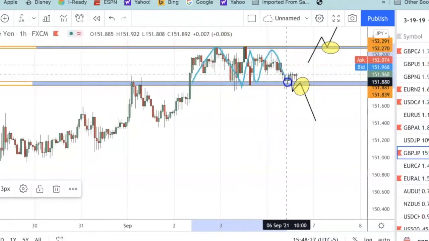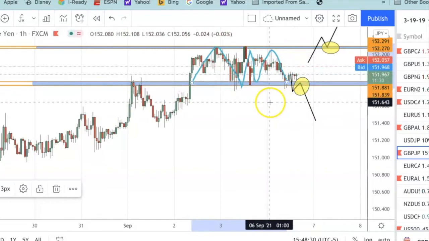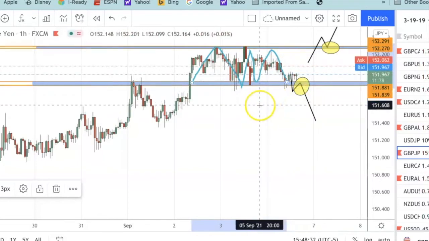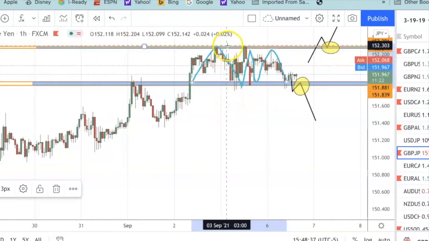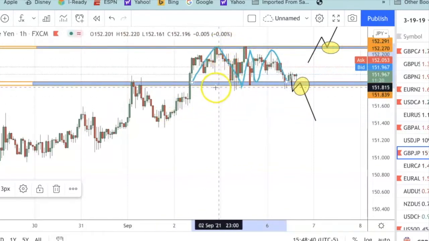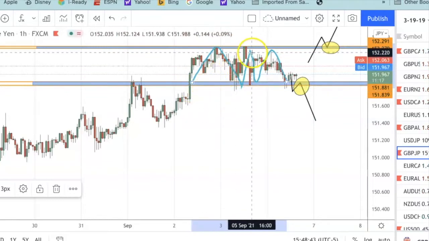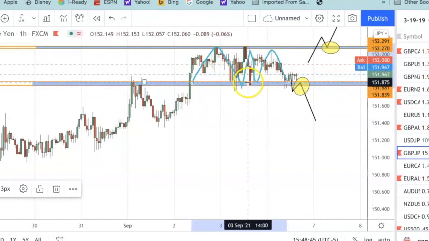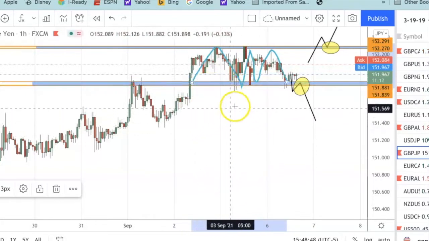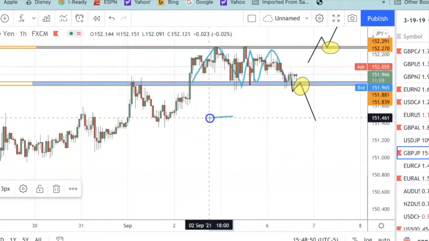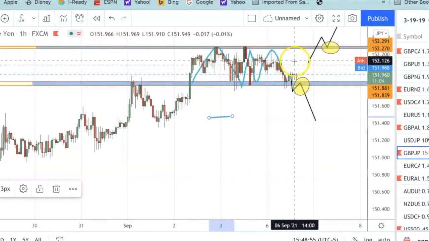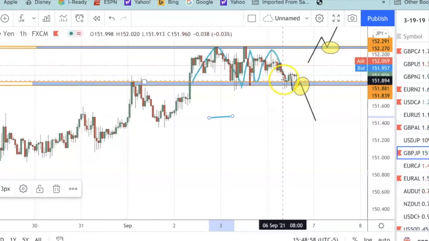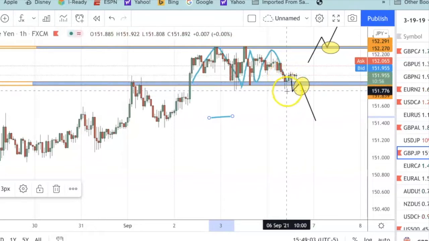That back and forth, also called consolidation, creates market structure. Market structure is created by having a high level and a low level: a level of resistance, the high here, and a level of support, the low here, also called the ceiling and the floor. So now, with price action, if you notice, I don't have any indicators on here. I just have support and resistance. And now what we're looking for, as I have this markup right here, is price to come one way or the other, where it's going to break out of this zone, which is going to cause price action. You can see it wicked here a couple of times.